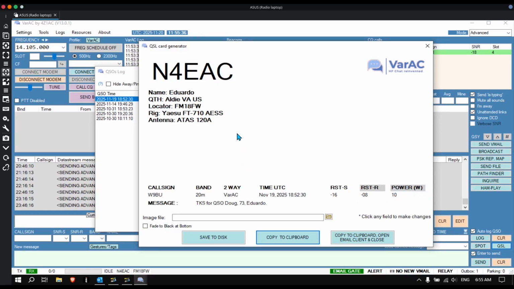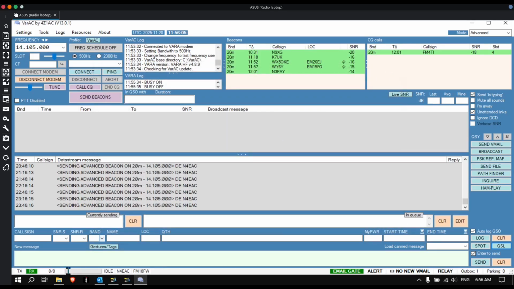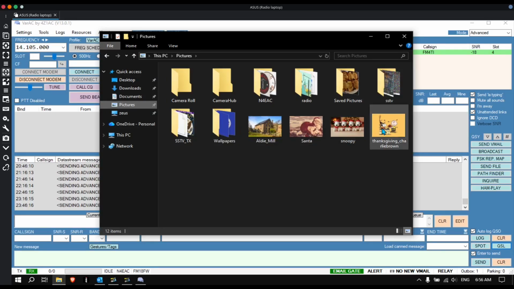So here's what I'm going to do. For this demonstration, I'll go ahead and select a picture file. Now, evidently, you would have to already have a picture. So before you get to this point, I think it's good to prepare a photo, a picture, whatever. I have here in my picture folder a series of some pictures that I selected to test.